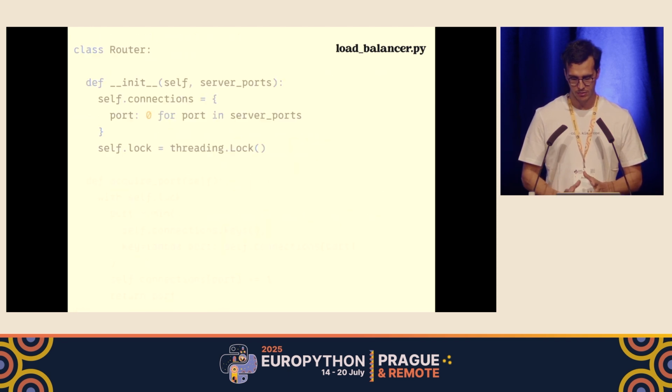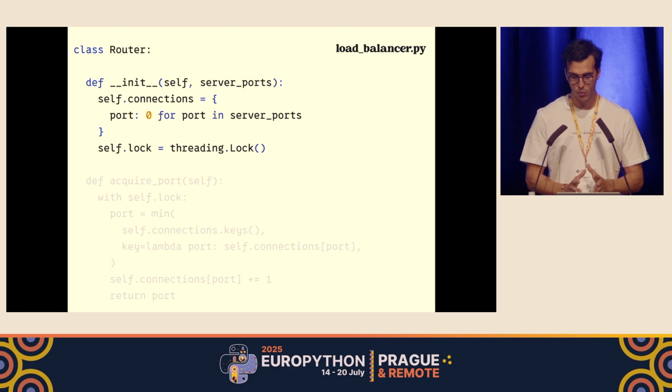So what is the router about? Well, like I said, it's going to implement these two methods, but more importantly, it's going to abstract the shared mutable state. This shared mutable state is a dictionary in which the keys are each one of the ports that we have decided to make the responsibility of this load balancer. And the other piece is the lock that preserves the mutual exclusion mechanism we need to make sure that the dictionary, this shared mutable state, is protected and memory safe. Obviously, at initialization no connections are assigned to each port, so I can safely say they are 0 at the very beginning.